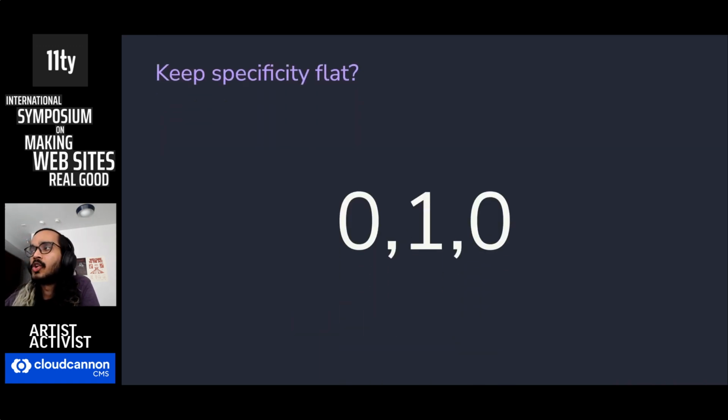And I think sometimes we tend to go too far with this advice, where we want to keep specificity not just low, but totally flat by only using single class selectors. This usually is done through a convention like BEM or through tooling like CSS modules. And yeah, I've always just found this kind of advice a bit restrictive. It kind of feels like using CSS without the cascade.